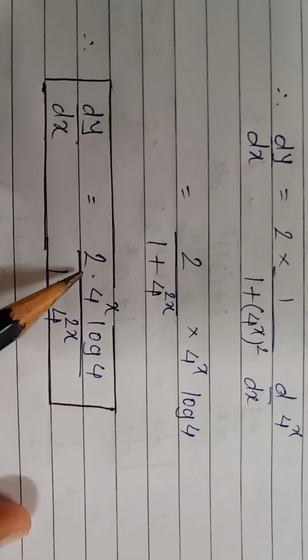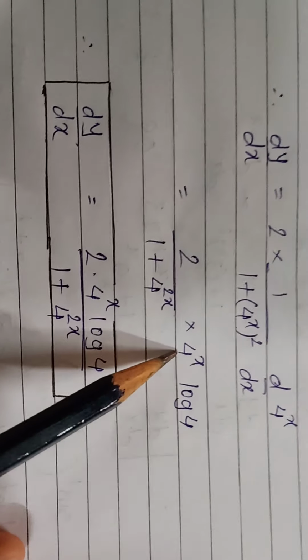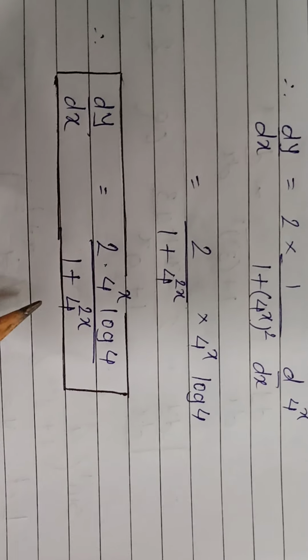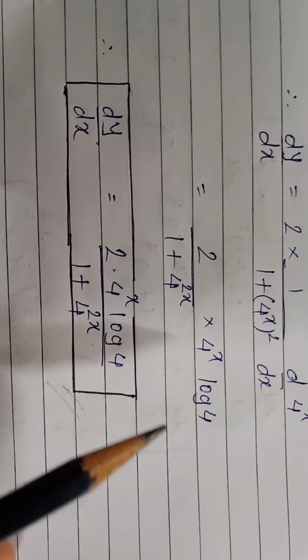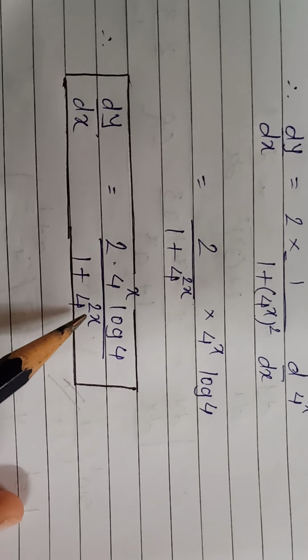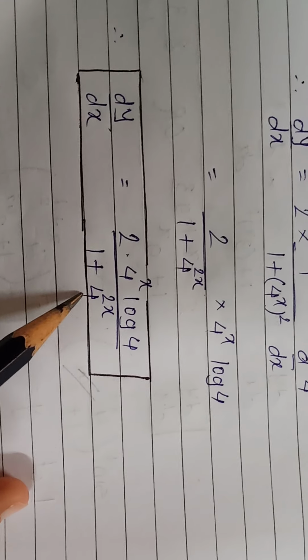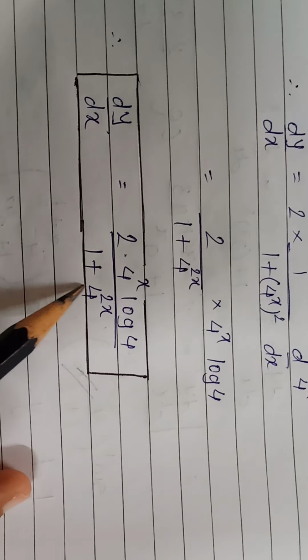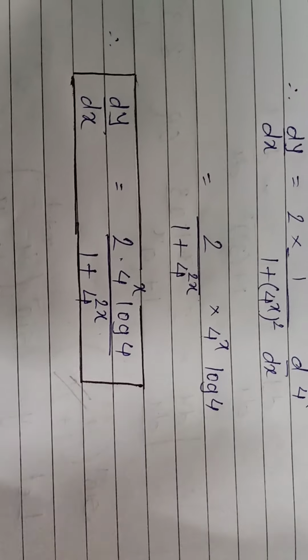The final answer is 2 into 4 raised to x into log 4 upon 1 plus 4 raised to 2x. Now we will leave it as it is, as in the question also this is only 4 raised to something. If it was 16 raised to, we could write the answer as 1 plus 16 raised to x also, but no need of that. Okay,